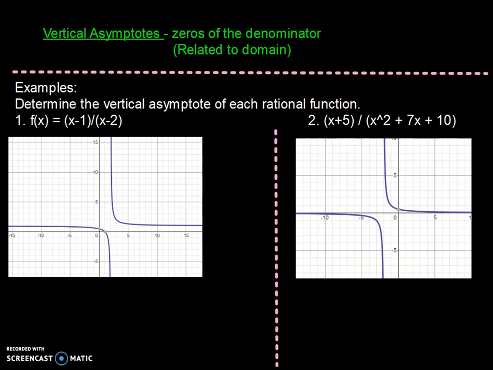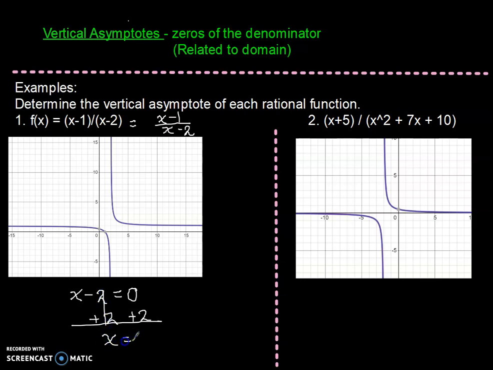So from here, we're just going to work with the problem. I'm going to write it in a more legible fraction form. So for the first function, I'll write it up here, x minus 1 over x minus 2. Now, here, all I'm doing to find the vertical asymptote is finding the zeros of the denominator, which just means I'm setting my denominator equal to 0. And that will give me, adding 2 to both sides,